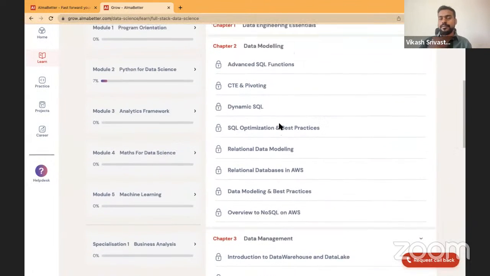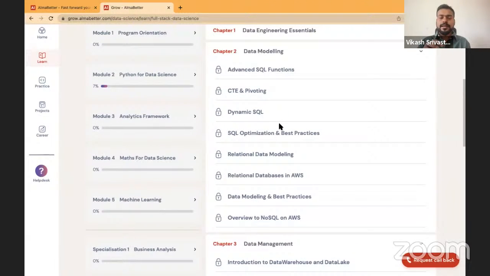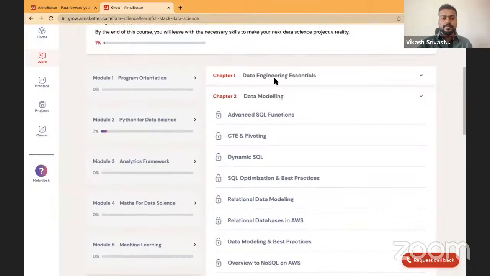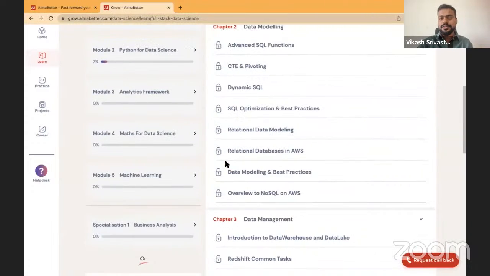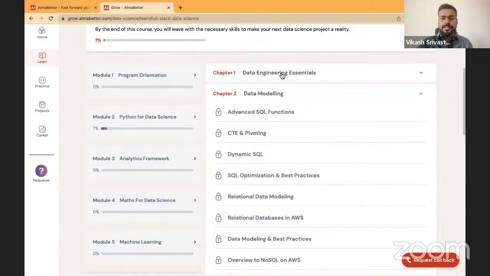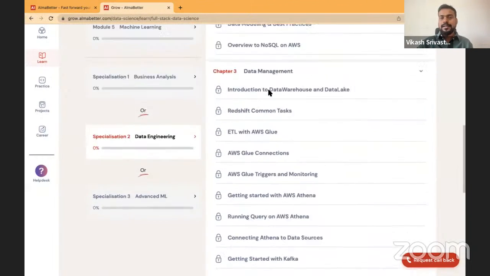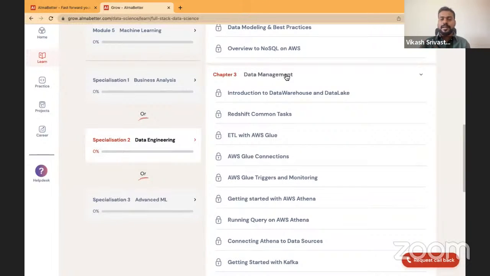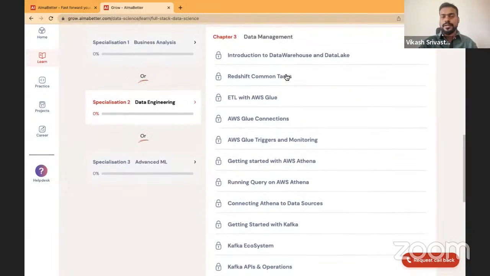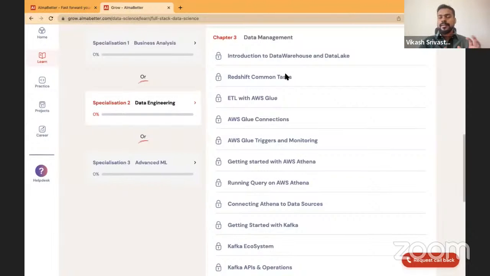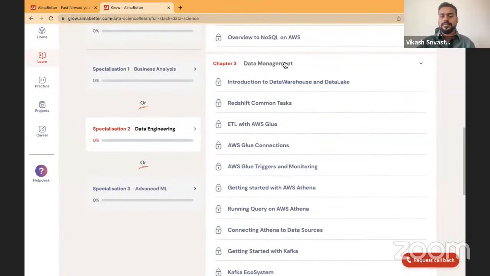Next is data engineering. So if you want to really get into the engineering side of data science, right? That is where you can pick up this particular specialization, where we're talking about data engineering essentials, data modeling, and then there is a dedicated chapter on data management, where we are talking about a particular cloud platform. So we have taken an example of AWS, which we are using internally, and that will help you get an idea about how to set up your data pipeline in the backend, so that it can serve your analytics team or probably your data science team, and drive other business requirements,